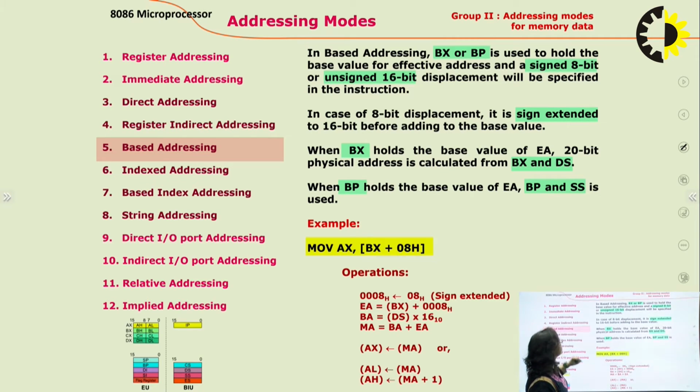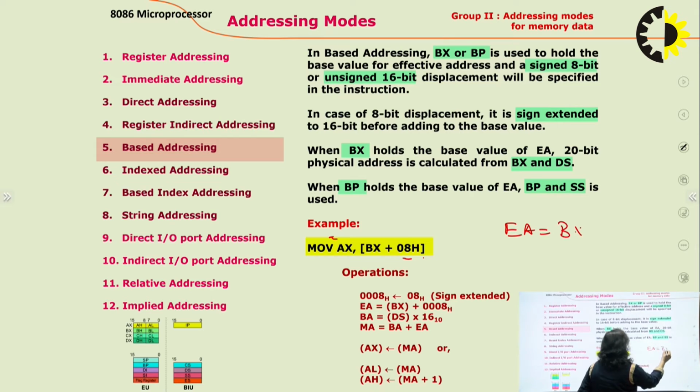So in based addressing mode, the effective address is specified in one of the base registers plus an 8 or 16-bit displacement. So BX or BP holds the effective address in addition to displacement. If we are using BX, the segment register will be DS, and with BP, the segment register will be SS. So for example, if we write BX plus 08, then the effective address is equal to